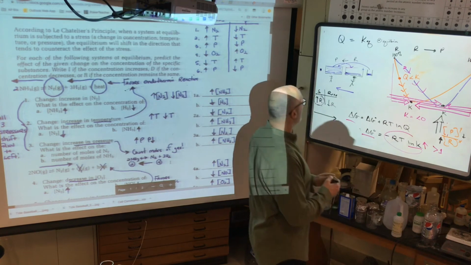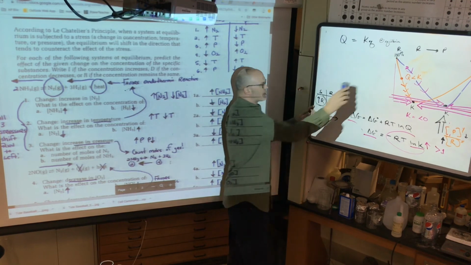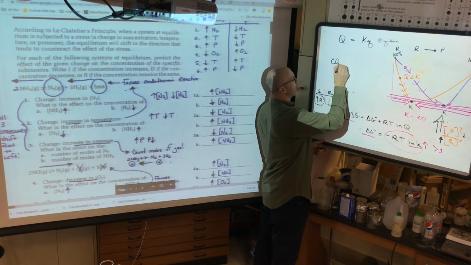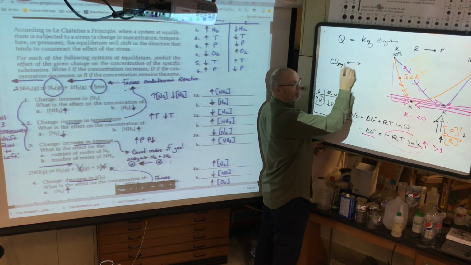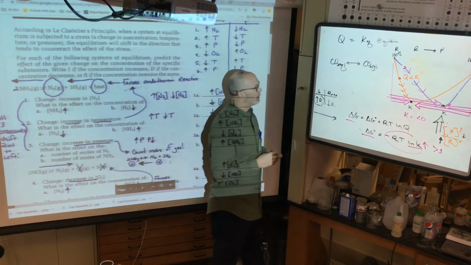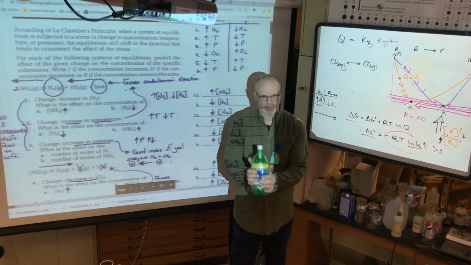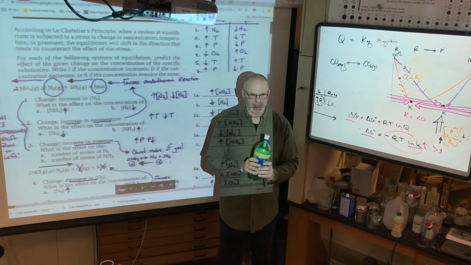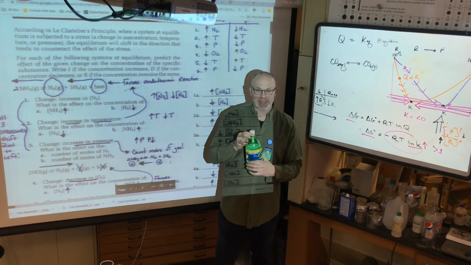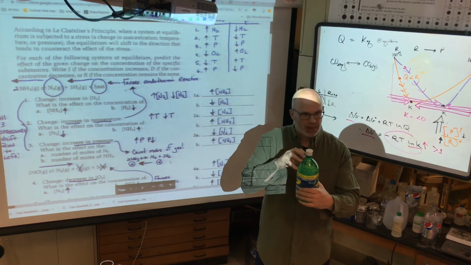Okay, let's talk about this. Here's the process. I have CO2 in my Sprite, and I have CO2 aqueous in equilibrium with CO2 gas. So it's going back and forth. Now, in a sealed container, the CO2 in my Sprite, okay, carbonation is leaving until the pressure builds up and the